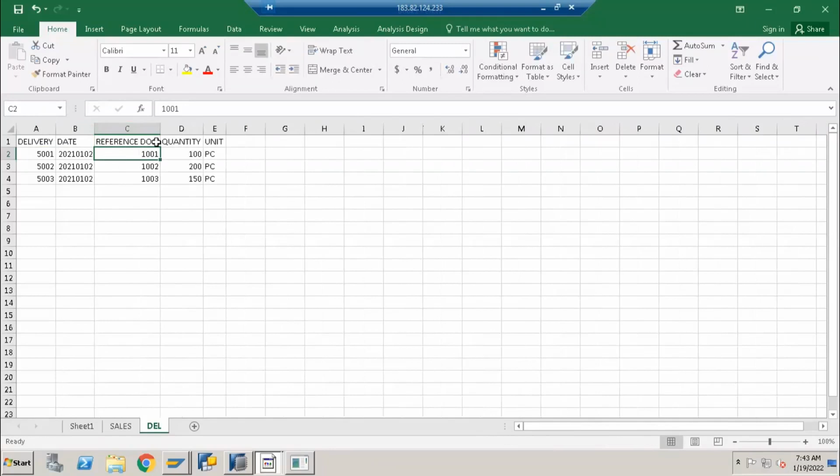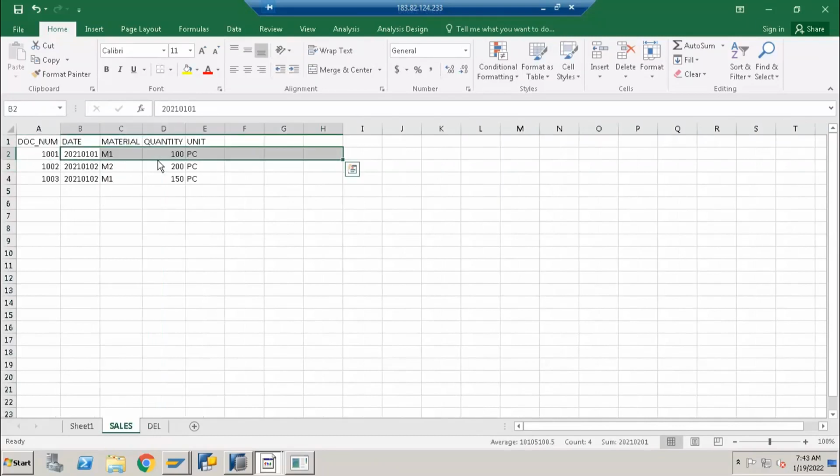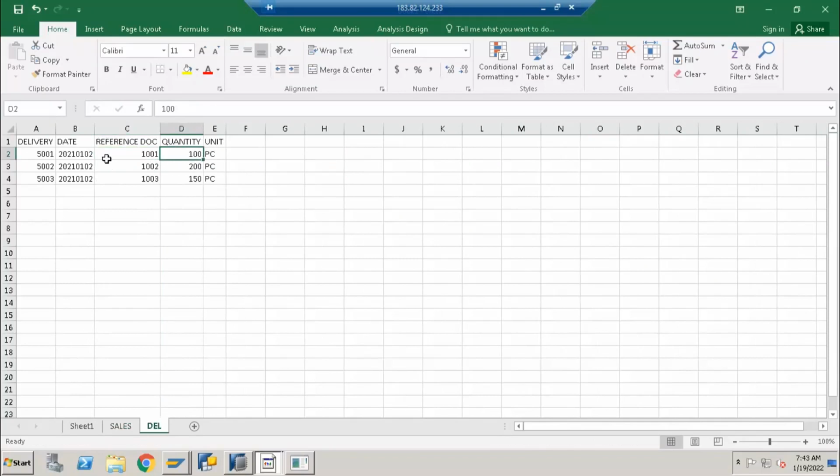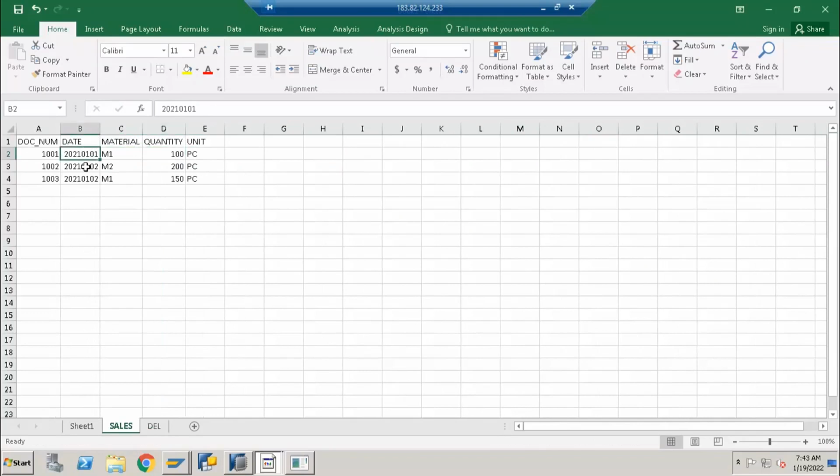In the delivery flow, you see some reference document number and reference item fields. These fields are nothing but references to your original sales order. You can easily navigate to the sales order from the delivery flow. So delivery is always created with reference to a sales document number. So 5001 is my delivery, with reference to my 1001. I ordered 100 quantity in my sales order 1001, so the same will be reflected automatically here. My delivery happened on January 2nd, and my sales order happened on January 1st. So we have two dates here and there.